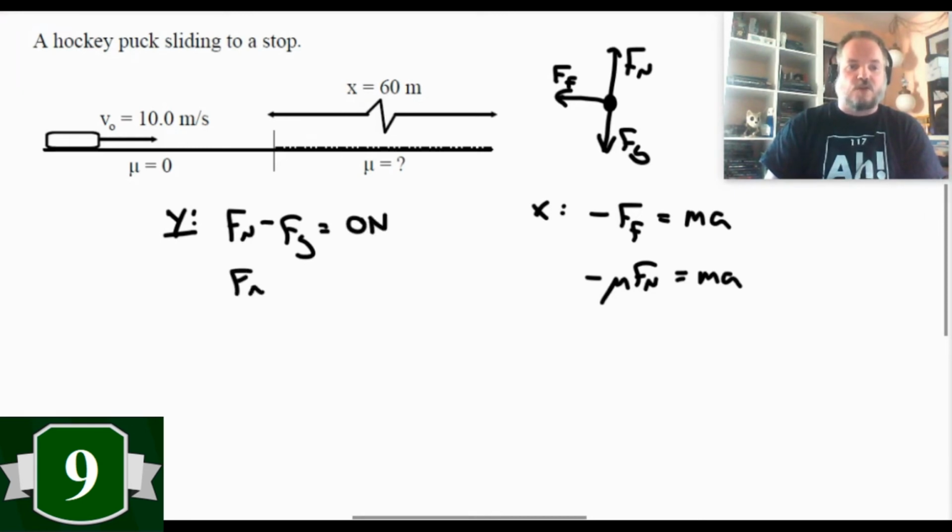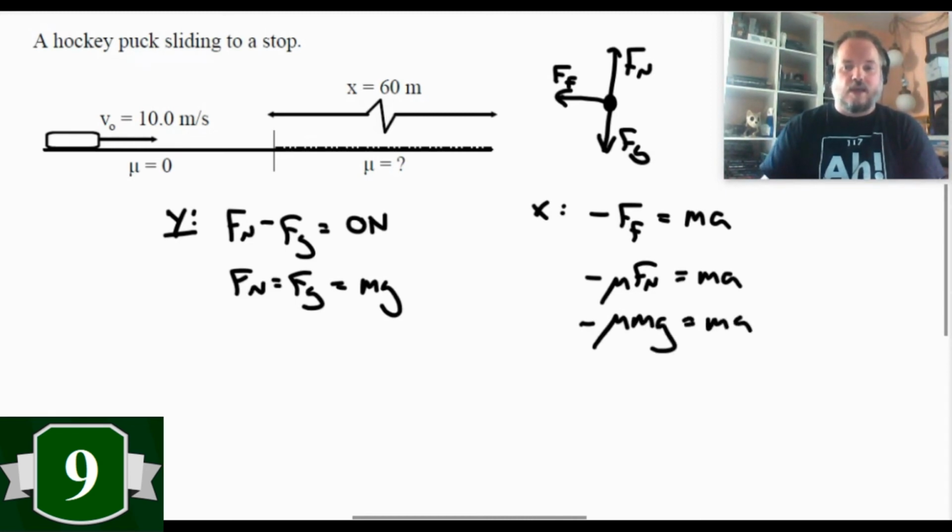So this is a flat horizontal surface, and you already know this. Normal force is equal to force due to gravity, which is mg. So we can come back over here and put in mu mg equals ma. These masses cancel, which is cool. That means it doesn't matter whether it's a hockey puck or a truck or whatever. And then the acceleration here is equal to minus mu g, or mu is going to equal minus a